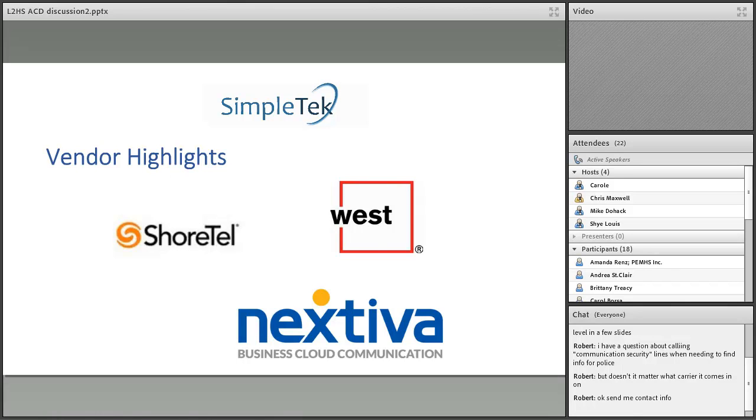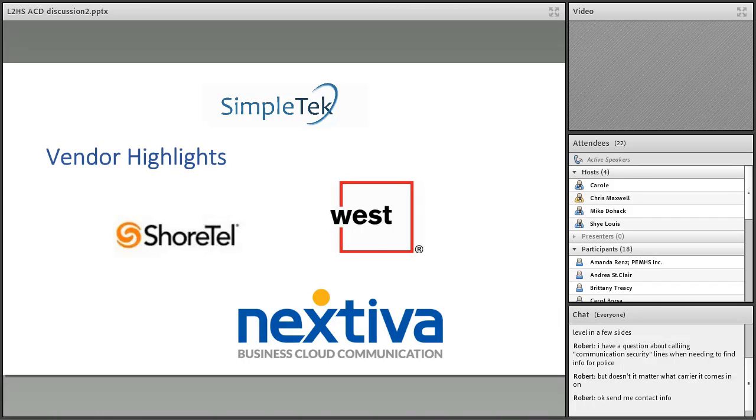They do also have a quite expensive ACD platform, and it's more designed for thousands of agents versus tens, 20s, and hundreds. So as far as the West drill down, if you're a large organization, we'd be happy to talk to you about it. We've got a whole library of information associated with them. The other 2 are ShoreTel, and that would be through CPI Telecom, and we'll have some slides on that, and Nextiva.